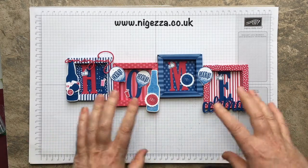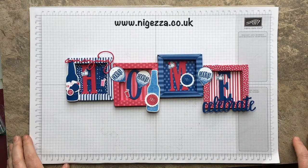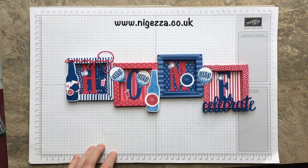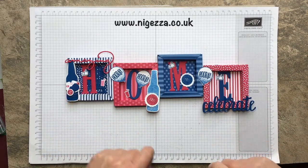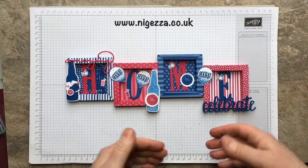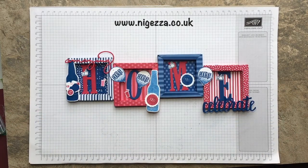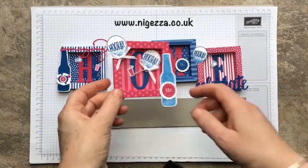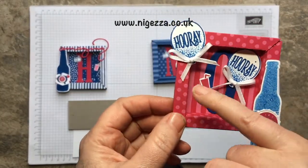But that's basically it. So I've got to stick it all together, and then I've got to mount it. Oh, and I've used the Amazing and the Celebrate from Celebrate You dies as well. Okay, so I'm going to stick those down, and then I'll show you how I assemble it to be together in one piece to hang on his wall. Okay, so I've stuck them all down, and you'll notice that I have put little bows on the end of